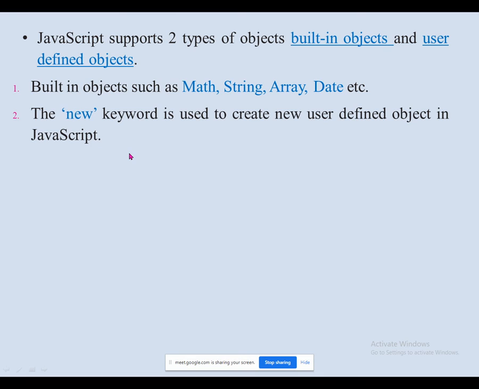In the same way, new, N-E-W, new is a keyword. Suppose I want to create an employee as an object. So what's the statement? New employee, and then next statement. So new is a keyword to declare user defined object in JavaScript. So these two things are clear. Some examples of built-in functions and user defined functions, which means we are going to create our own. That's why the very first thing you must know is the command or keyword to declare or define an object. So new is a keyword to create new user defined object in JavaScript. You have to remember. Okay.